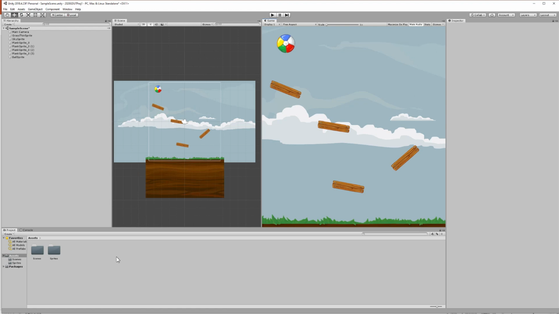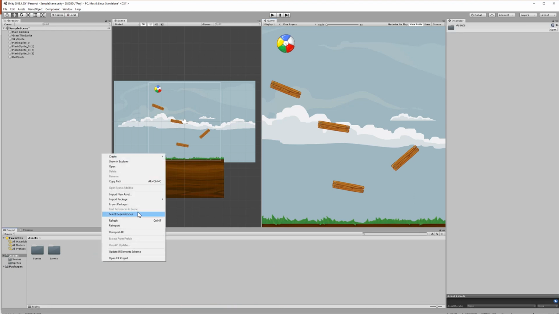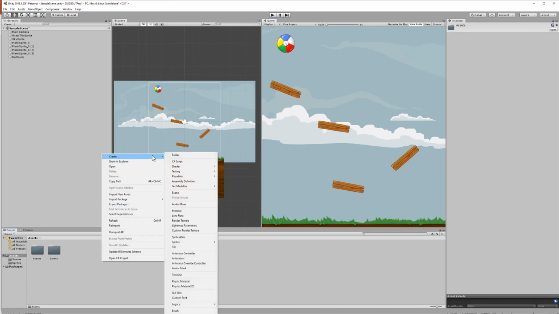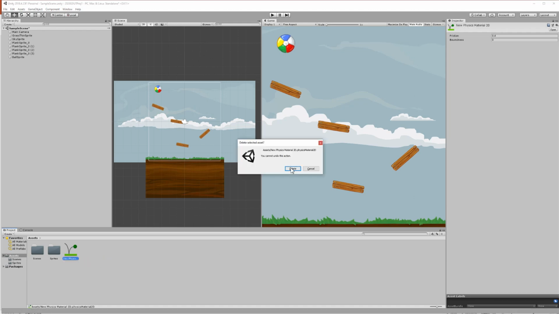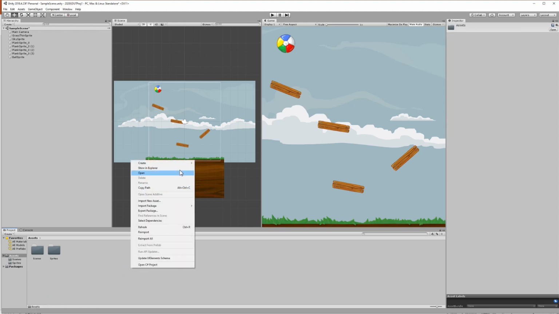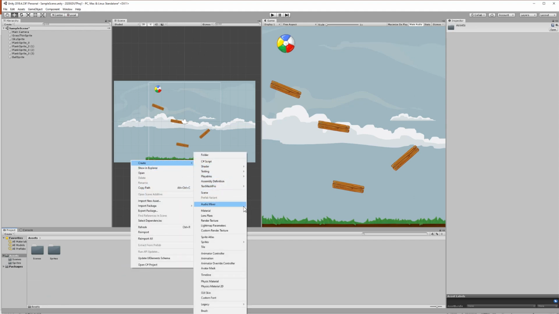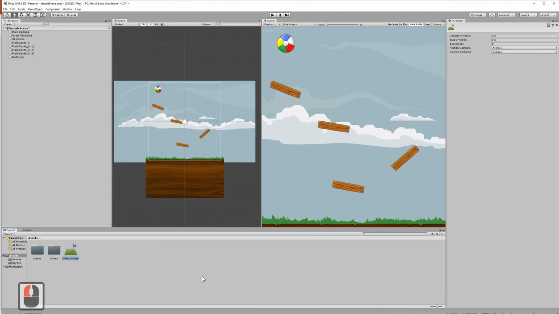So how you can do that is right click in the project window, anywhere in here, go for create, then you can go for physics 2D. Guys, again, see there are, sorry, let me just quickly delete it. I just want to show you this, create, and can you see there are two things? Oh man,